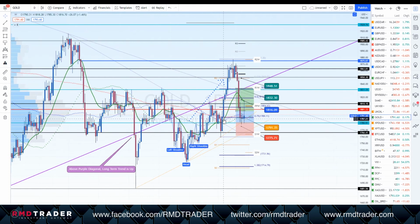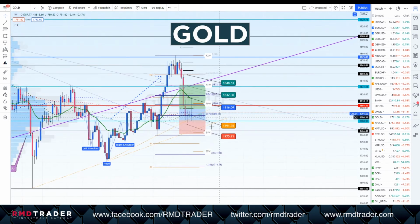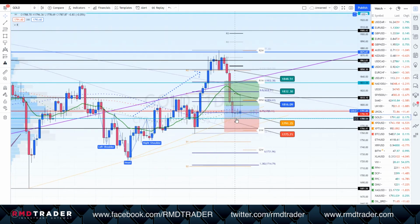Moving on to gold. We have had a long setup put out previously. This one is still in this entry zone. I'm still bullish on gold, and I am expecting gold to start making its way higher once again. It would be, of course, very important for it to clear this entry zone and get above the new weekly pivot at